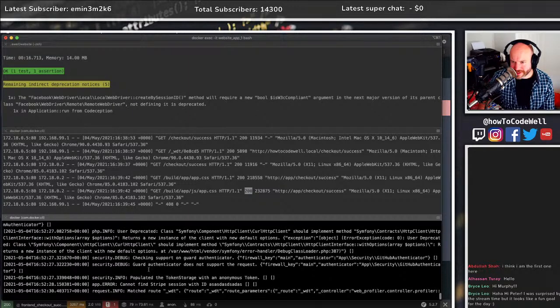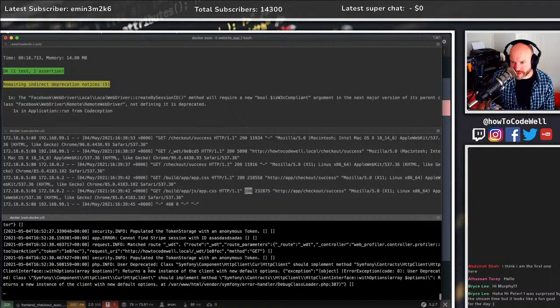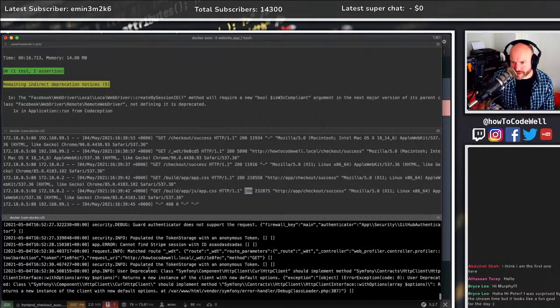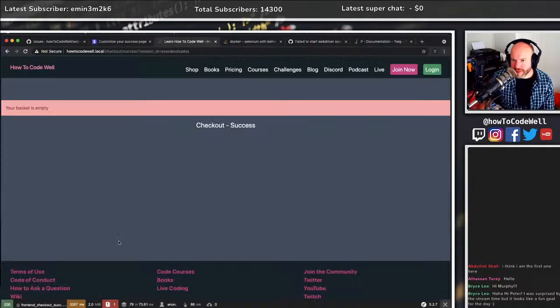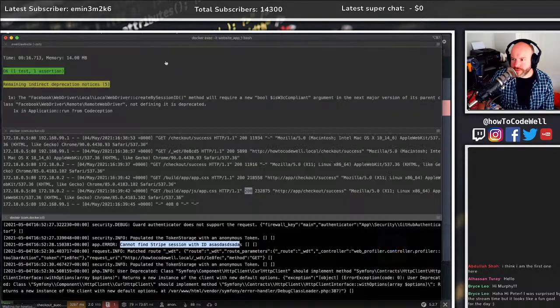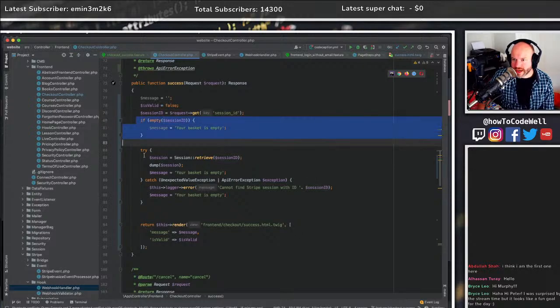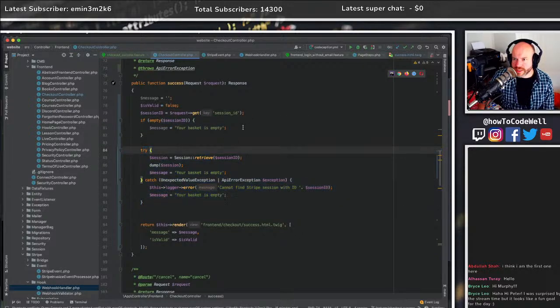Right, what's the next log file then? Cannot find, here we go. There we go. But that's weird. That was success. Like that, right? So surely that should have gone to empty here. Oh, of course it went to empty and then it failed. I suppose what I need to do